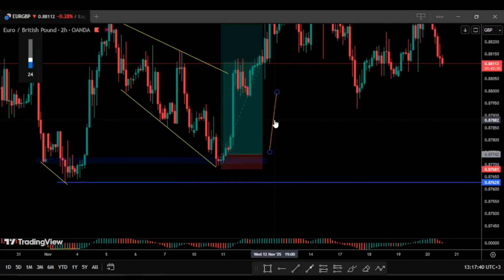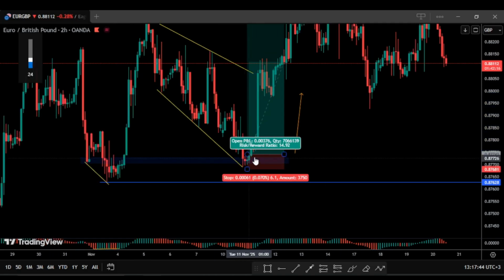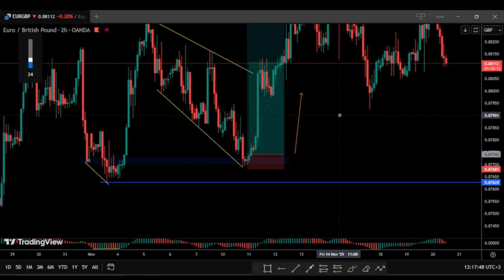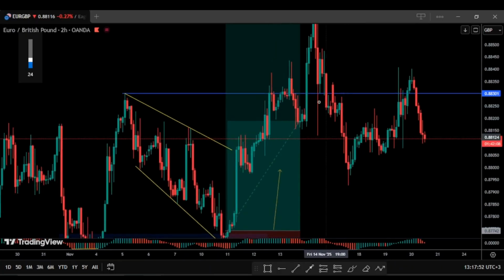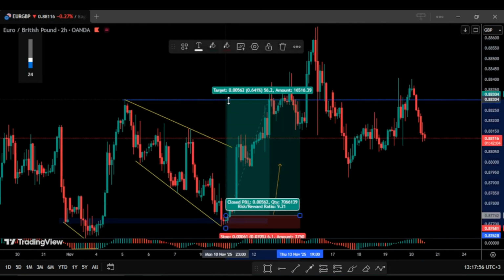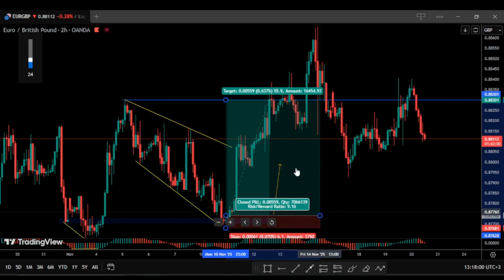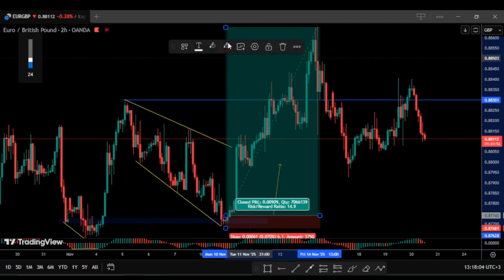which I normally teach my students on how I enter, but you can use whatever confirmation you want to use over here. Then you just enter, you place your stop loss, and you can see how this actually played out. You can see that our target was this level. We were looking at a possible 9%, but you can see that it actually played out almost around 15%,